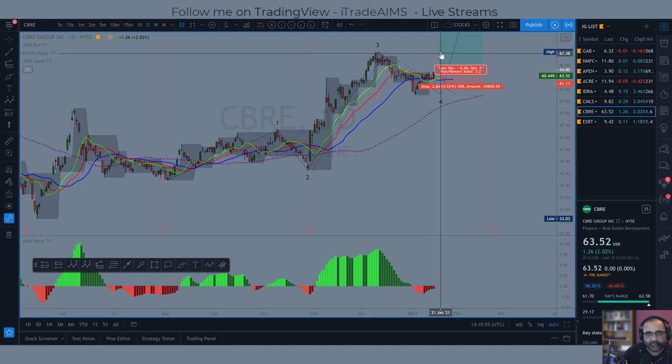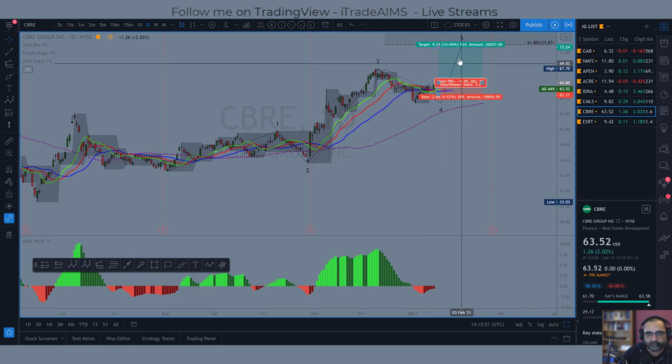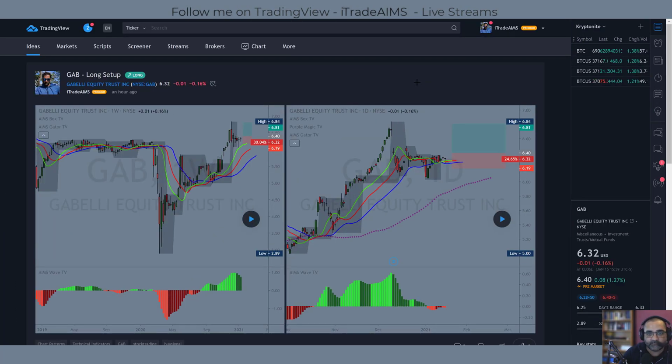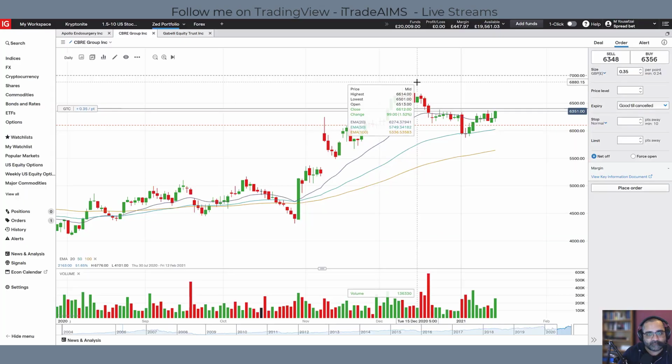Risk is going to be half the risk, and the target point is up there. So I'm not going to set a target point for this. I'm going to see how it goes, and if it arrives at 72 at some point, we'll deal with it. The way to do that is we're going to use a spread betting platform, and that is basically